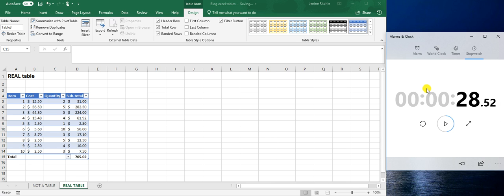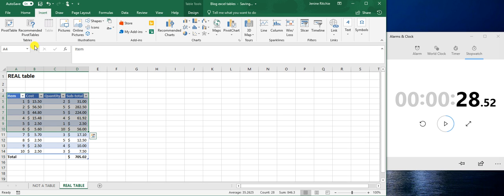Okay, let me just take you through what happened there. So I first of all turned that into a table. There is an insert table command up here. I always press Control T, much quicker. When I entered in my formula here, did you notice that it took the column headers and entered it in my formula? This is brilliant, especially when you have complex formulas and being able to understand what is actually in